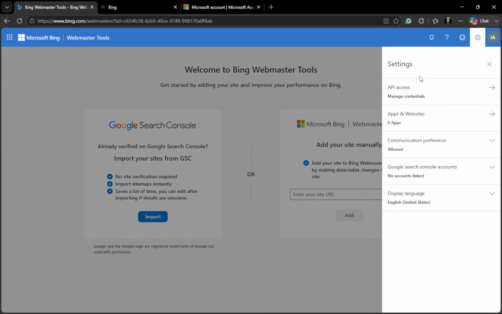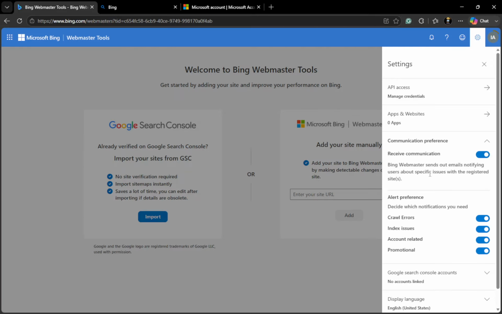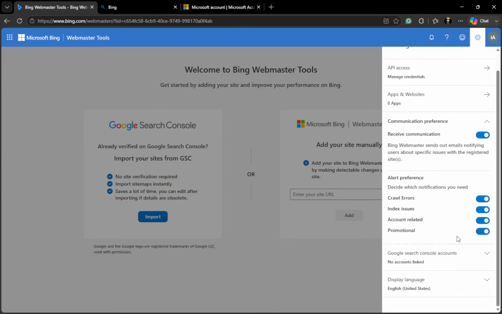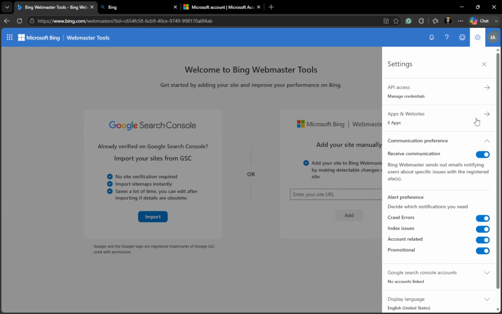Lastly, make sure to save your changes. After you have selected your preferences, look for a Save button or option. This step is critical because it ensures that your new alert settings are applied. Once saved, you will see a confirmation appear, indicating that your changes have been successfully implemented. This final action solidifies your setup and completes the process of establishing alerts on Bing.